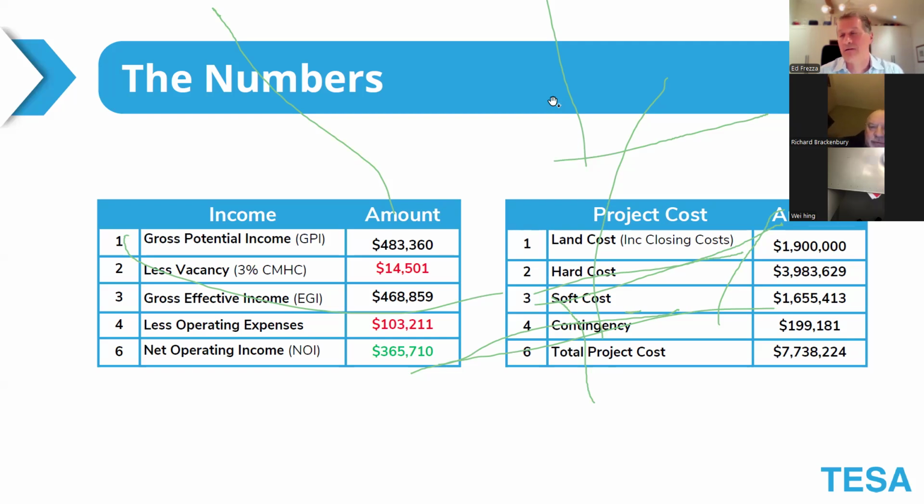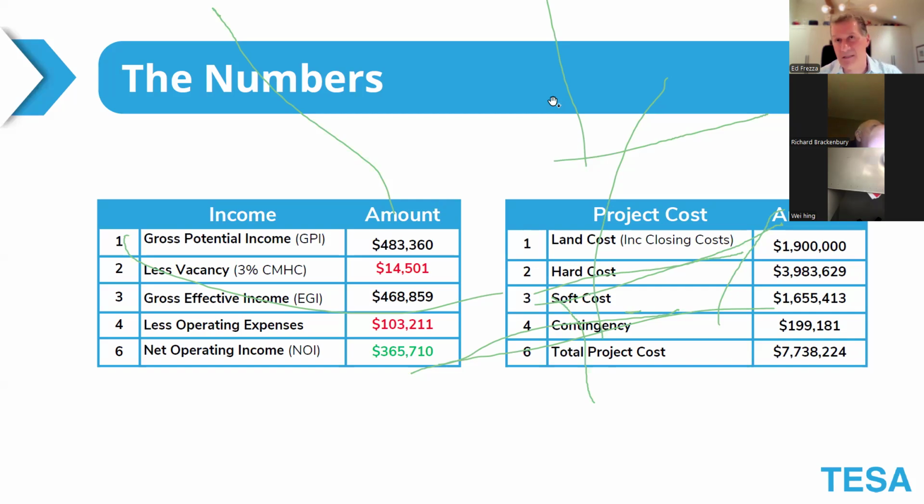And where does it get that? Well, it's not just pulled out of a hat. CMHC has one of the most robust databases in Canada for many, many years. And they know the vacancy of every municipality, the average 1, 2, 3 bedroom, the average vacancy for 1, 2, 3 bedrooms. So here, and this is a number you can quickly look up, but we've used 3% because that's what CMHC has mandated us.